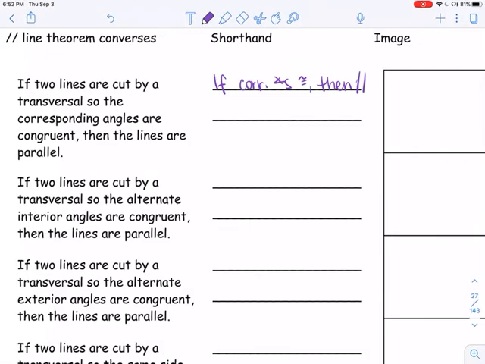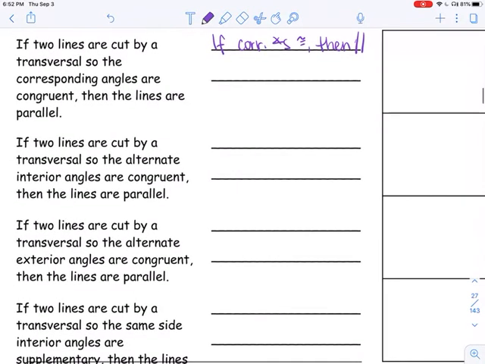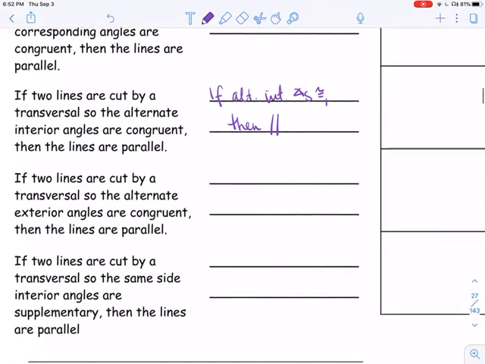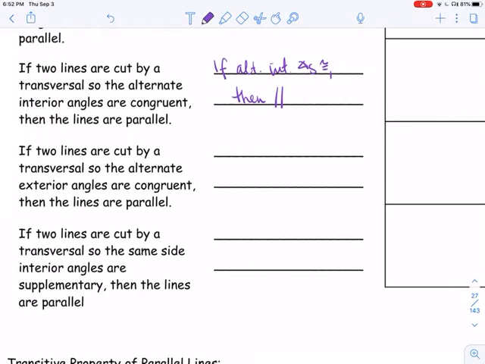then parallel. If two lines are cut by a transversal so that alternate interior angles are congruent, then lines parallel. So if alternate interior angles congruent, then parallel. If two lines are cut by a transversal so that alternate exterior angles are congruent, then lines are parallel. So if alternate exterior angles congruent,